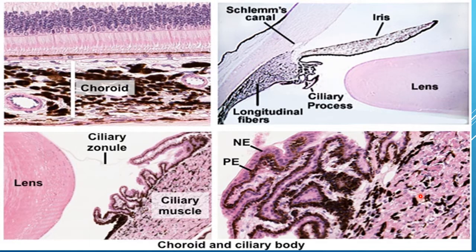There are smooth muscles present in it, as well as melanocytes, that is also the pigmented layer as in the choroid. So these ciliary processes here, you can see they have an epithelium which is a double layer. One is the pigmented epithelium, which is facing towards the ciliary stroma, and the other one, the outer one, more towards the vitreous chamber and the outer surface of the ciliary processes, is the non-pigmented epithelium.